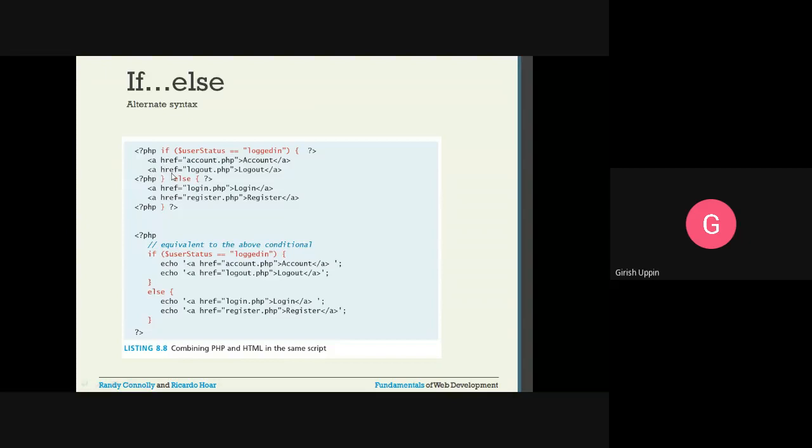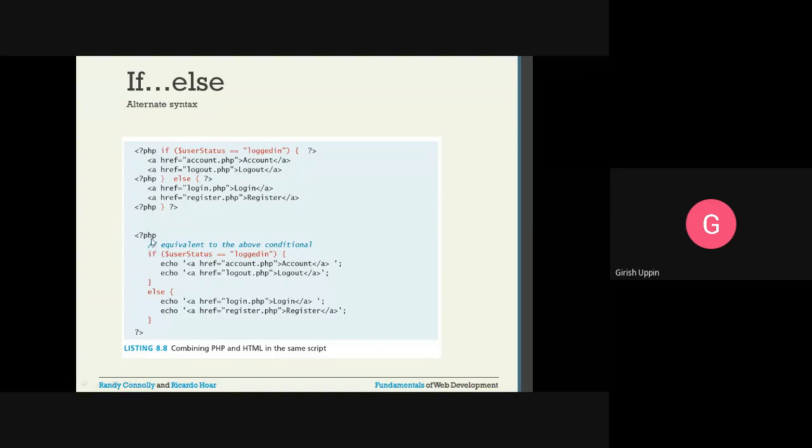The only difference between this and this is that here it is completely PHP code, and instead of having the HTML code, we are using echo. Inside echo we are passing the parameter, which is nothing but that HTML element. The rest of the thing is the same.